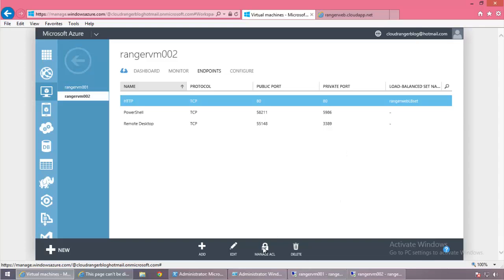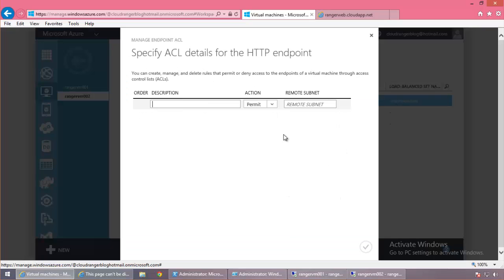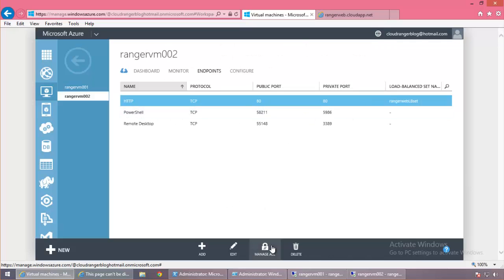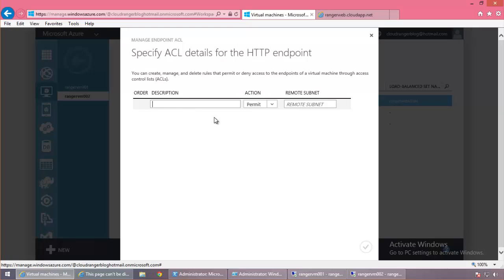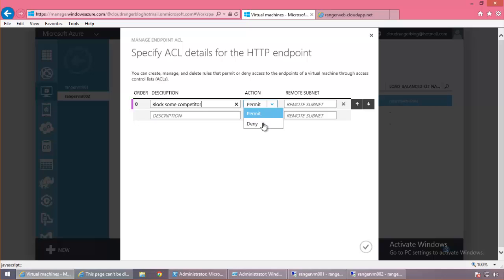Okay, let's come over here. So let's create an ACL which will block, I don't know, some competitor. For some reason we figured out what their remote subnet is, and this is going to be a subnet, right? So you have to remember, so I found 694.696.100, whatever, port 24. This is actually quite a large